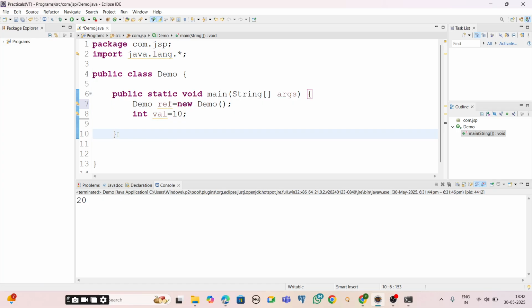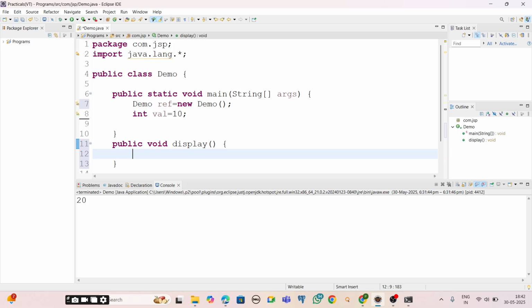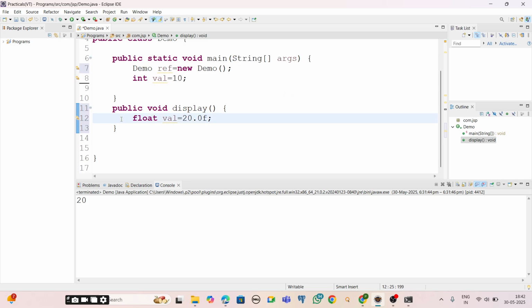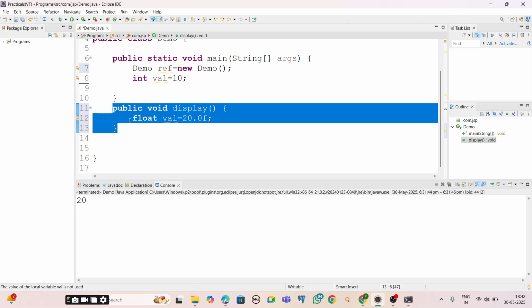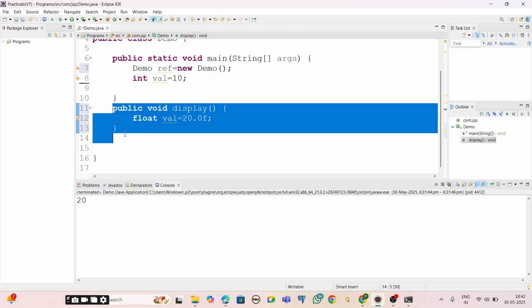If we write any method like public void display, and I declare here float value equals 20.0f, this variable is within this method, so this is a local variable for this particular method.